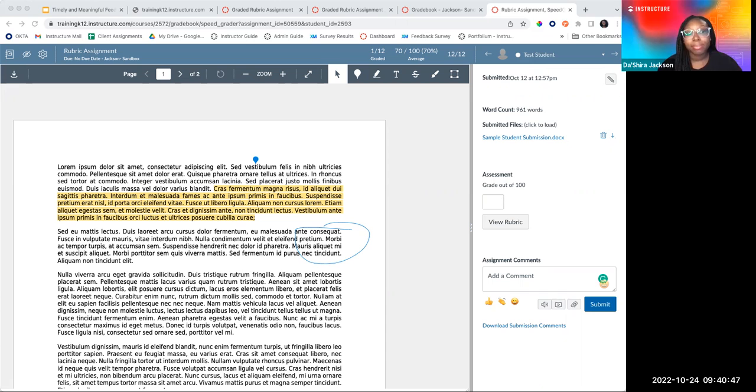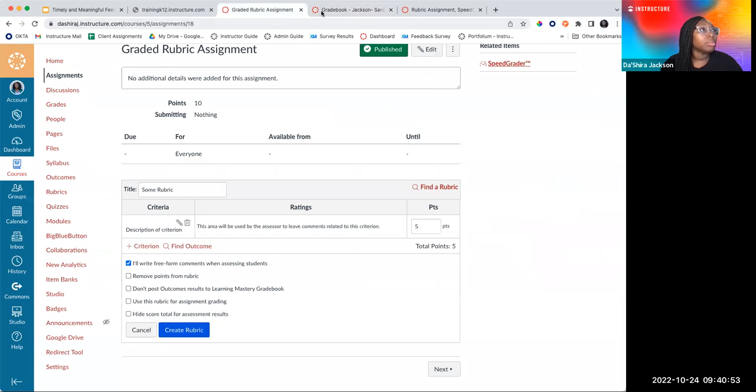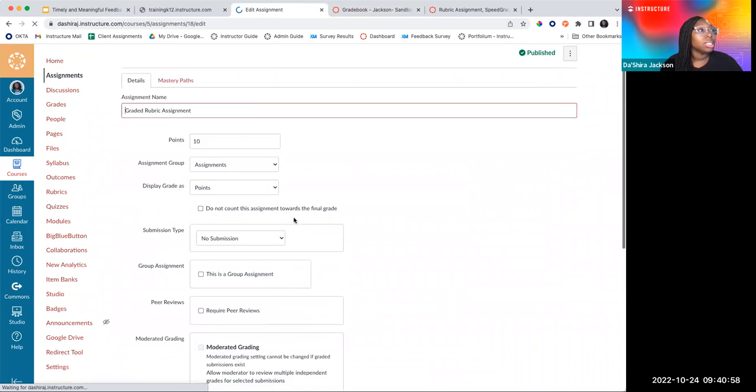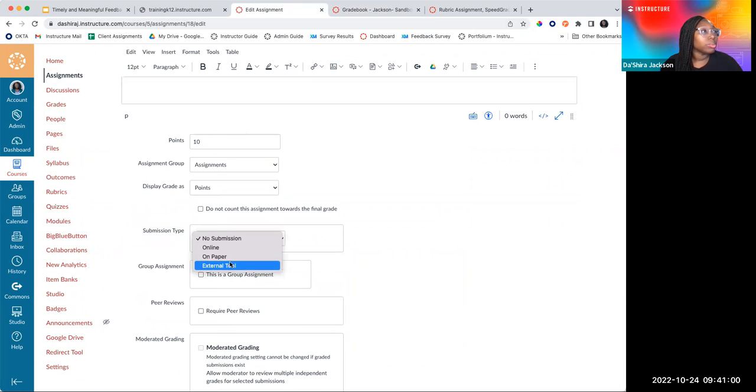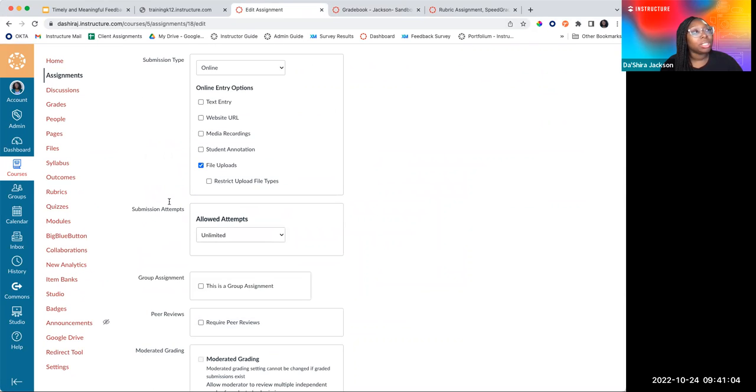Absolutely. So what you would do is when you set up your assignment, and let me just go to an assignment really quick. When you set up your assignment under submission attempts, leave it to unlimited.